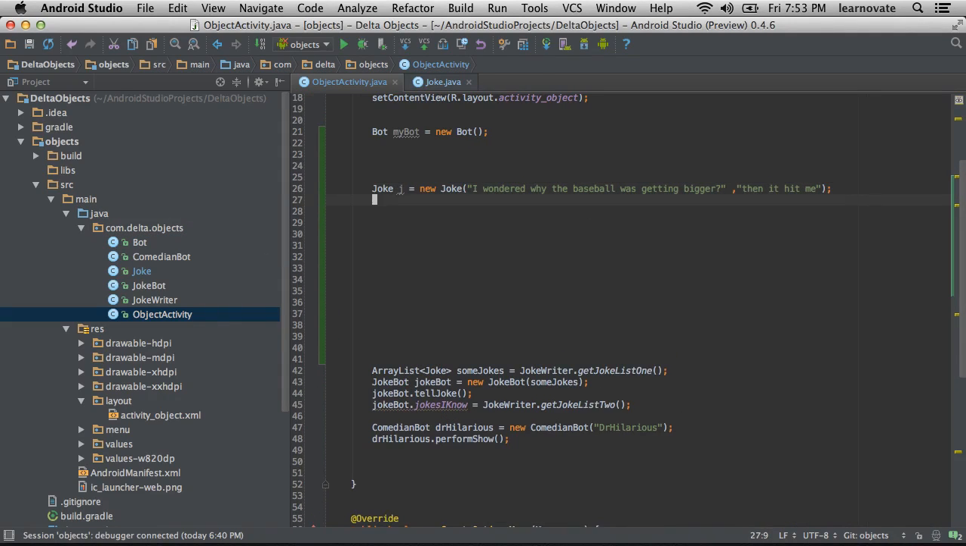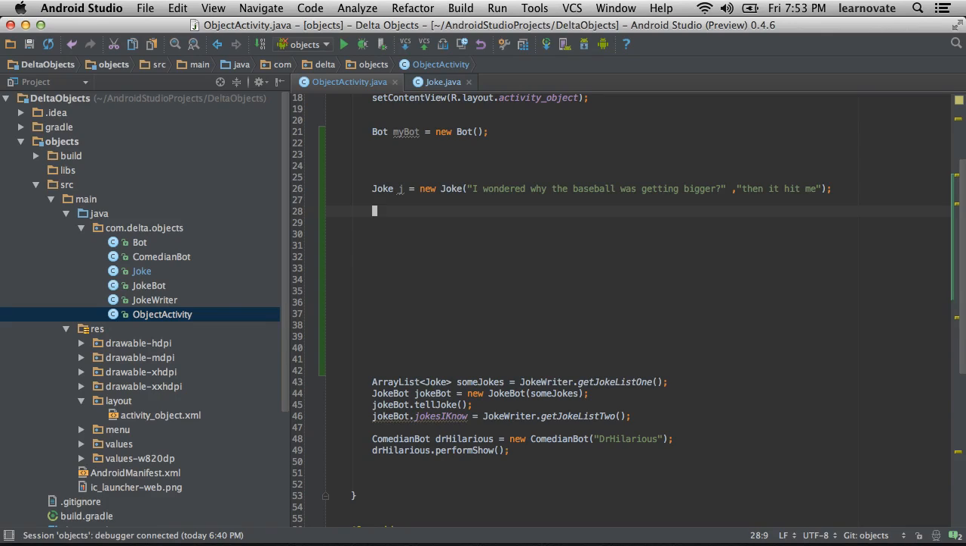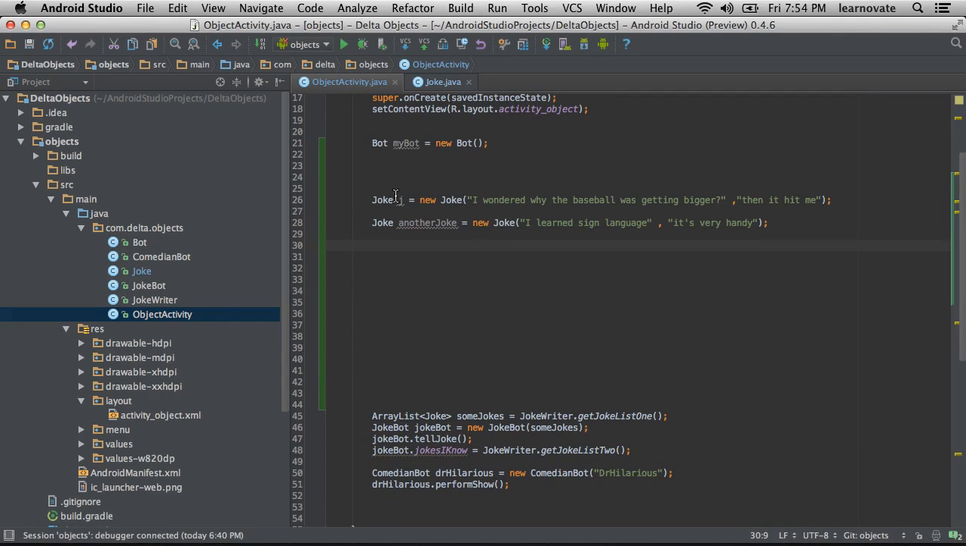So I zoom out here. That particular j is going to be equal to a new instantiated object in memory, and that j is going to have its very particular setup and its very particular punchline set to those strings. So if I now do another joke, and let's say I learned sign language as my setup, and my punchline, it's very handy. Now that particular object, another joke, is going to have its own setup and its own punchline